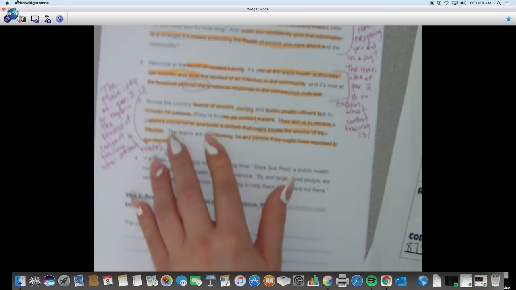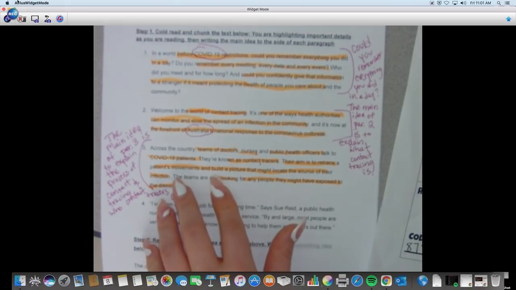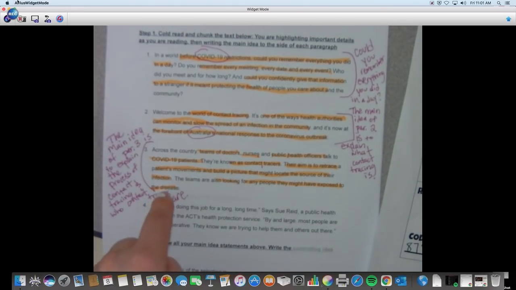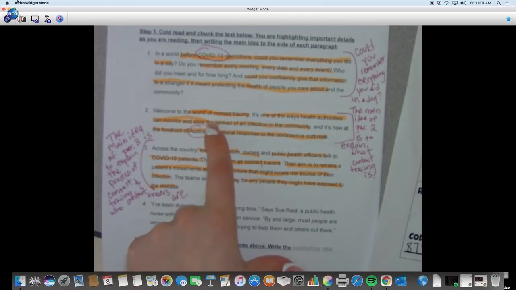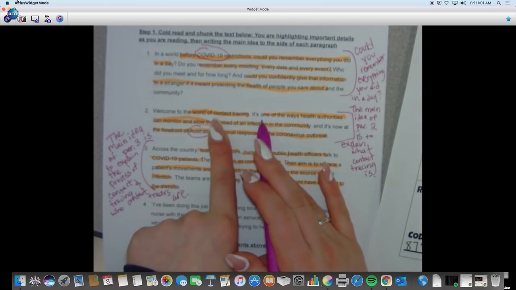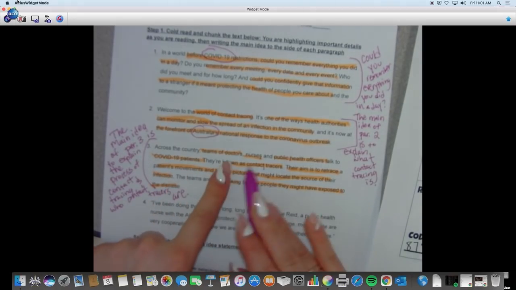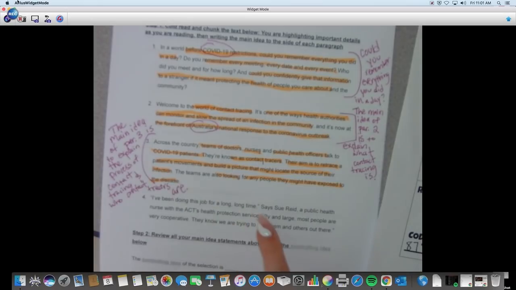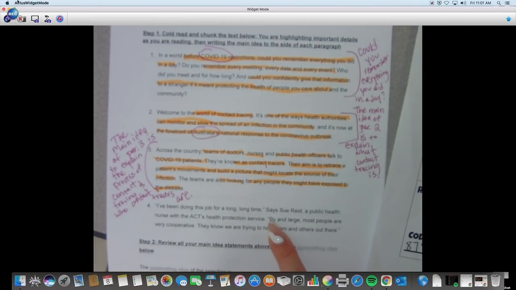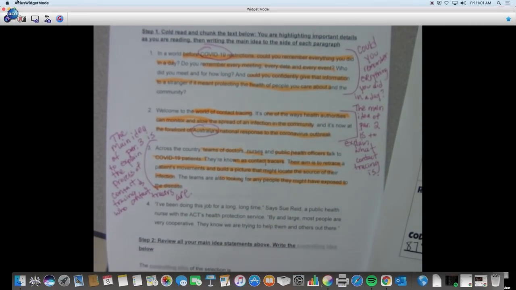Okay, so I have the main idea of paragraph 1, 2, and 3. So now we got 2 is talking about what contact tracing is. 3 is explaining the process of contact tracing and who certain contact tracers are. So then let's look at last paragraph, paragraph 4, and let's figure out if we can get the main idea